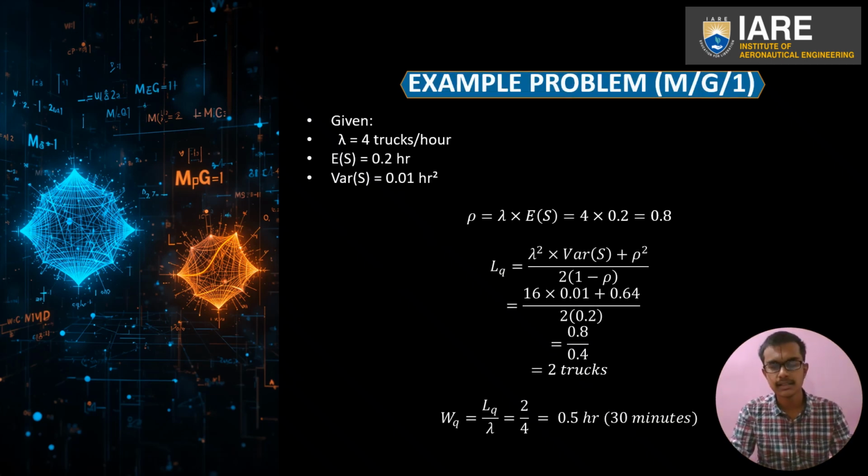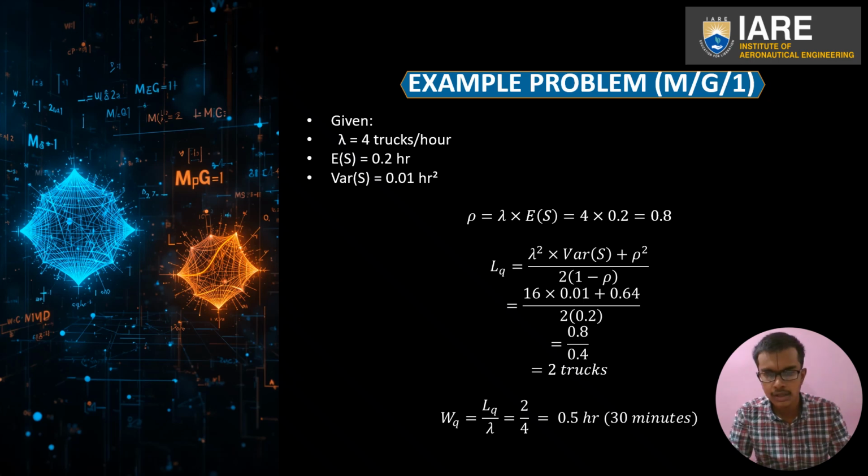Now let's go through an example problem for the MG1 queue. Given problem, lambda is equal to 4 trucks per hour, E of S is equal to 0.2 hours, var of S is equal to 0.01 hours square. We know that rho is equal to lambda into E of S, that is 0.2 into 4, that is equal to 0.8. The problem is to find LQ, that is equal to lambda square into var of S plus rho square by 2 of 1 minus rho,